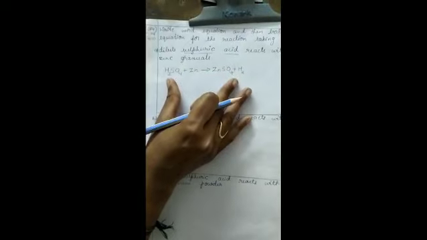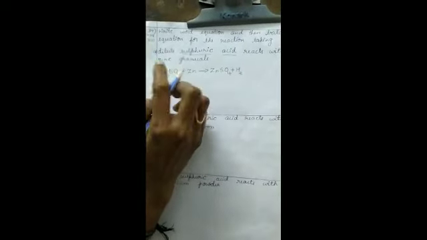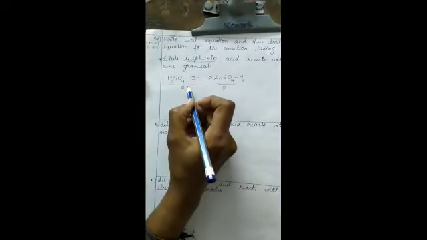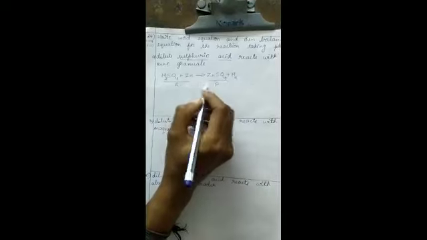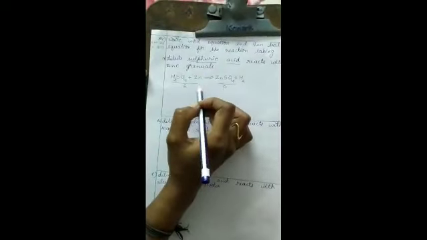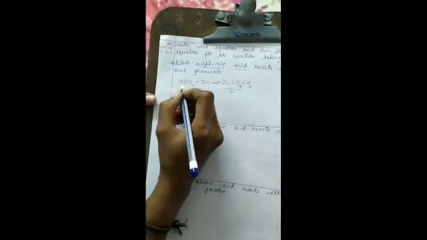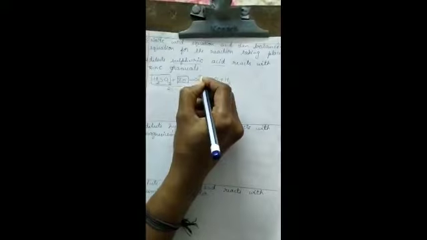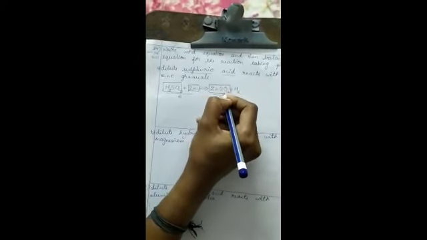So this is the equation form. This equation consists of two parts, reactant and product. LHS is reactant, RHS is product, and these reactant and products are separated by an arrow mark. Now we'll start balancing the equation. Before we balance the equation, we should draw boxes for each compound such that whatever is inside the box should not change. Whatever we need to balance should be done outside the box.